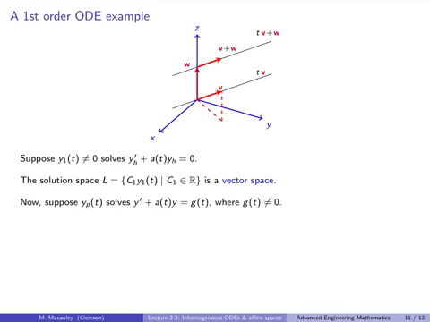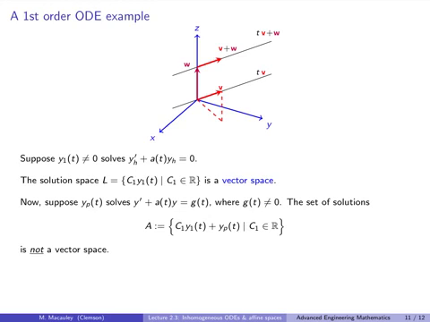Now, suppose that yp of t is a function that solves an inhomogeneous equation that has this as the homogeneous part. So y prime plus A of t y equals g of t, where g is not identically 0. The set of solutions to this inhomogeneous equation, let's call it A, is the set of all functions of the form C1 y1 plus yp. This is clearly not a vector space. It does not